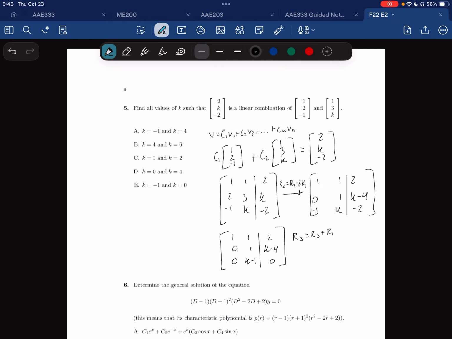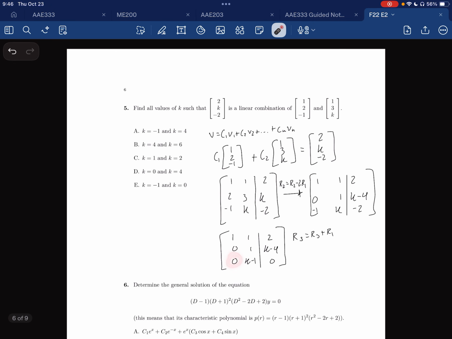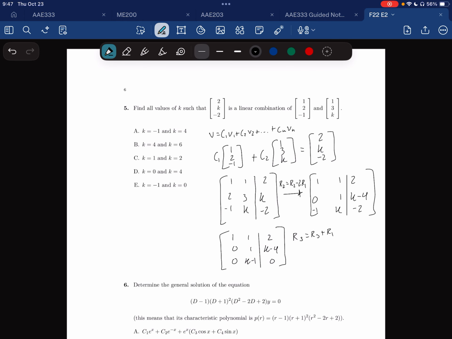You might be asking, why R2? Why not R1? There's a 1 right here as well. Well, I want the 0 to stay in place, right? Because with this 1 up here, if I do any kind of row operation with it, the 0 will go away, right? But the other thing I want is I want all the k's in the same line. I somehow want a relationship of this row and all the k's on this side. So the easiest way to do that is to make it R3 is equal to R3 minus k plus 1